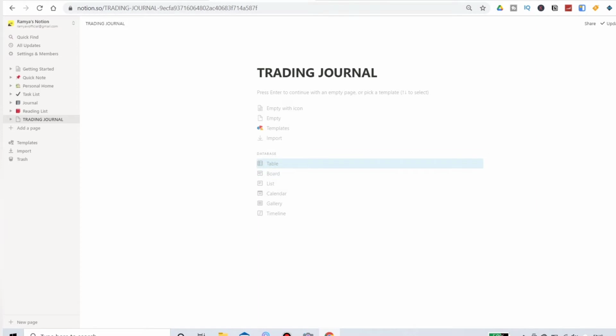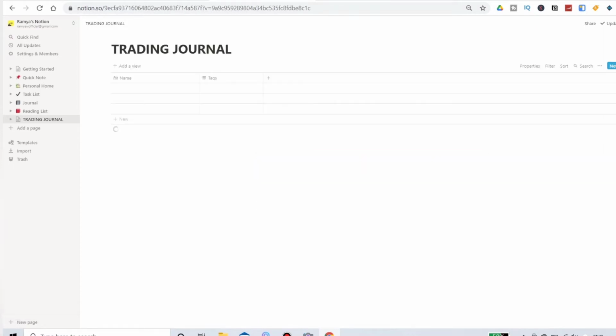If you click on this table, here you get all these things. Now this first one is a default one, so you can change this property. Let it be like this, title or stock name, stock name. Only here we will have all these properties. This cannot be changed. Now, what are the things we need to track? We have to list it out. You just list out all those things in your notebook, and then you can see.